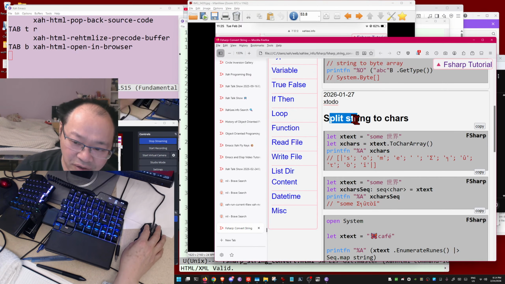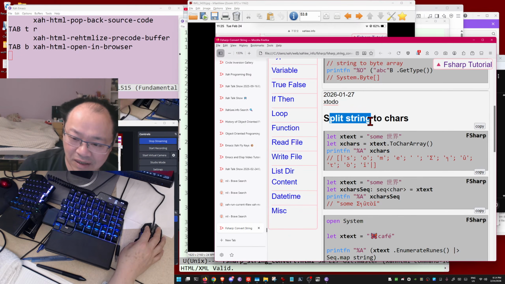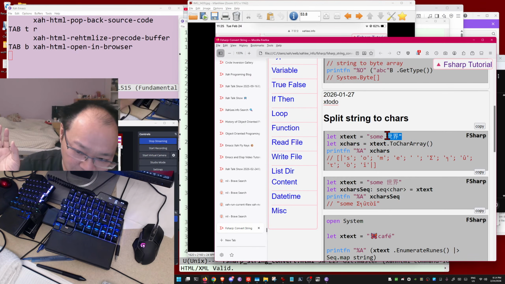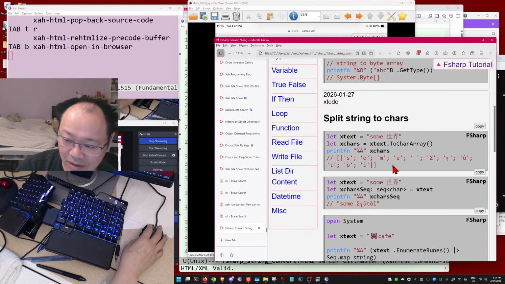If your string contains accented characters of Western languages or Chinese or Japanese or Russian, then you've got a problem because